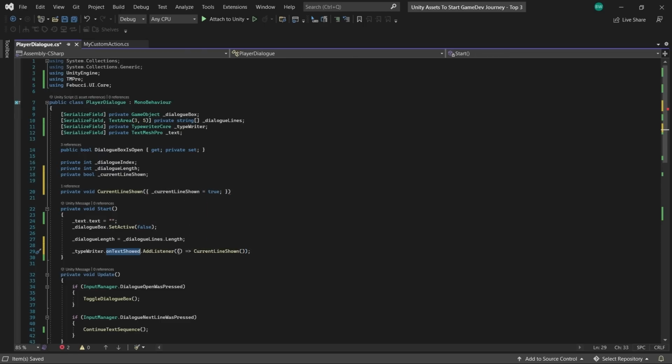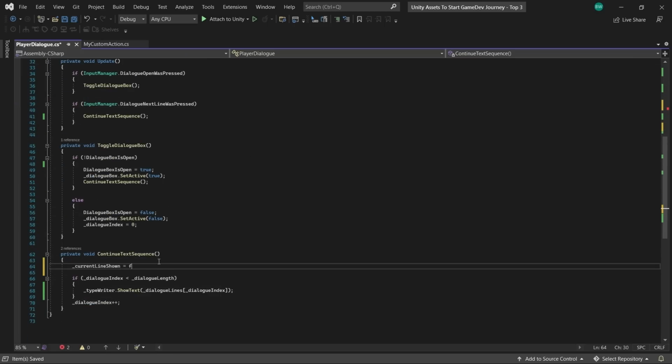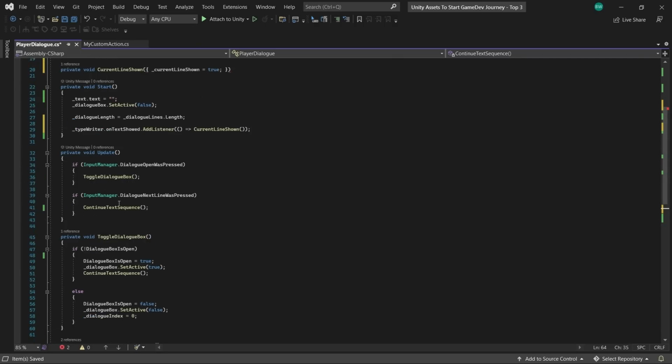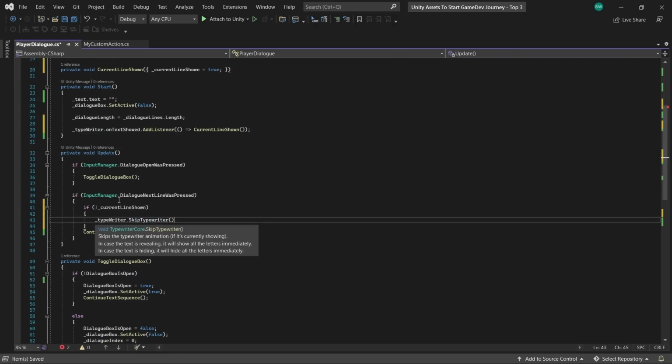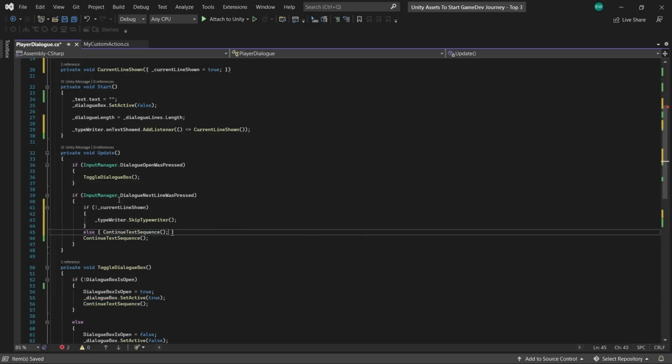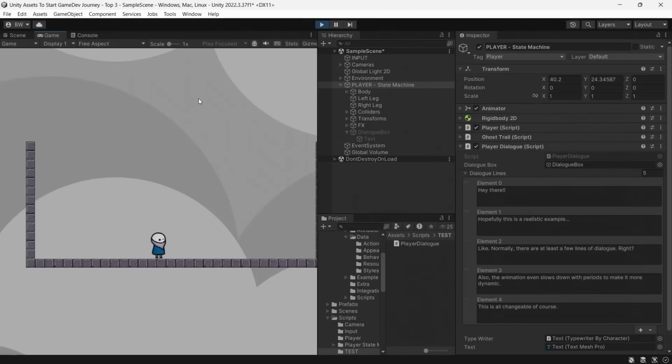This event fires automatically as soon as all of the text in a dialog line is displayed. And now we can put this to false every time we continue our text. And now we can check in our update, is all of the text showing? Because if it's not, we'll skip the function, and if it is, then we'll continue the text sequence. And now, with this really simple script, we have a fully functional dialogue system where we can skip through text